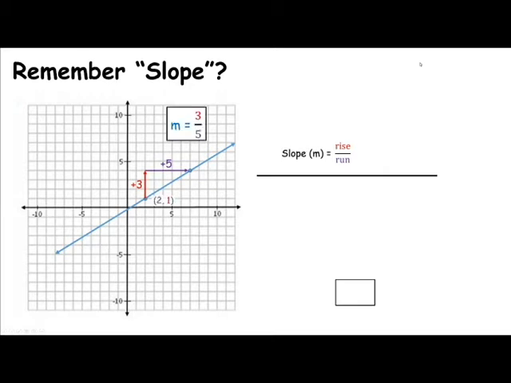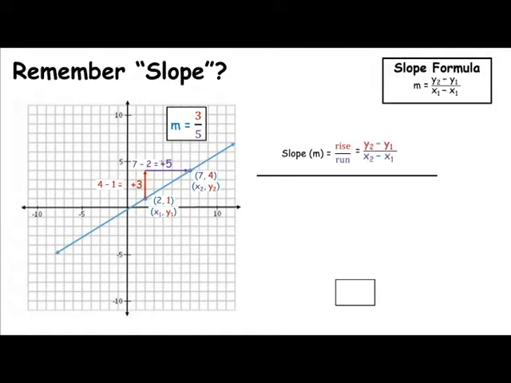But we would also spend some time talking about the fact that that rise can be calculated by subtracting the y portion of the coordinate. Notice we ended at 4 and started at 1. 4 minus 1 is 3. And we can do the same thing with the x portion of our coordinate, 7 and 2, to find the run of 5. And in fact, if we look at those as generic points, x1, y1, x2, y2, we can